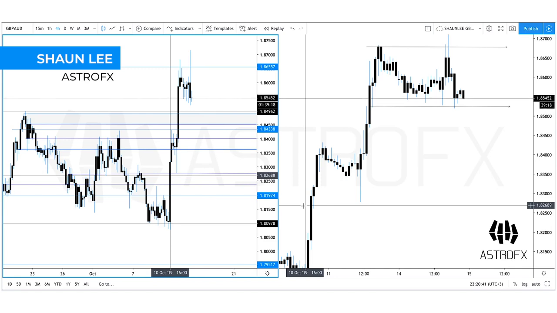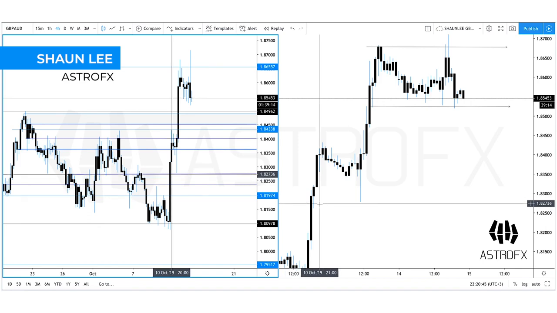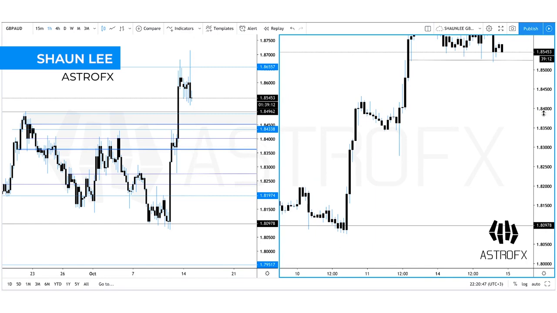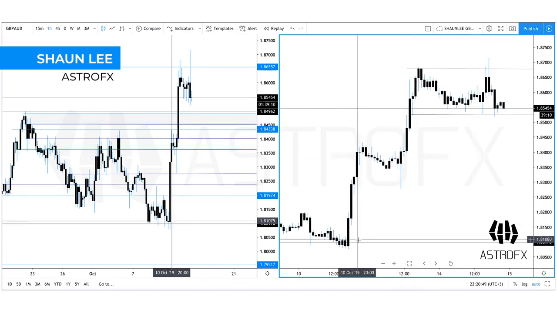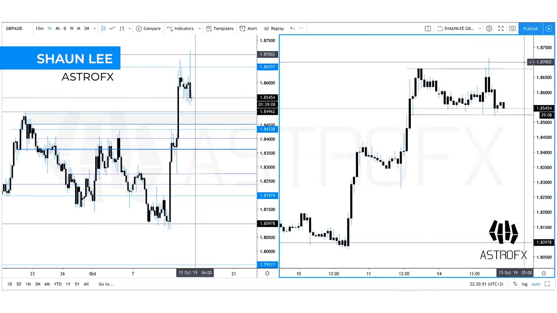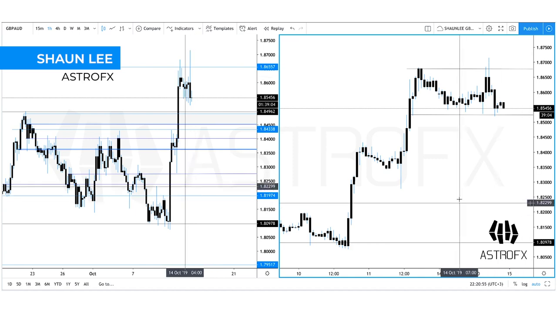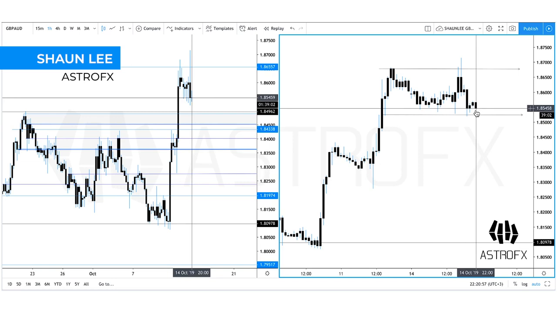I know 9 AM tomorrow there's some BOE news, I believe. That could be the catalyst for a relief rally, because 1.81 up to highs of 1.87, it's a 600 pip move completed in 1 week. So we need to take into consideration that the market may be